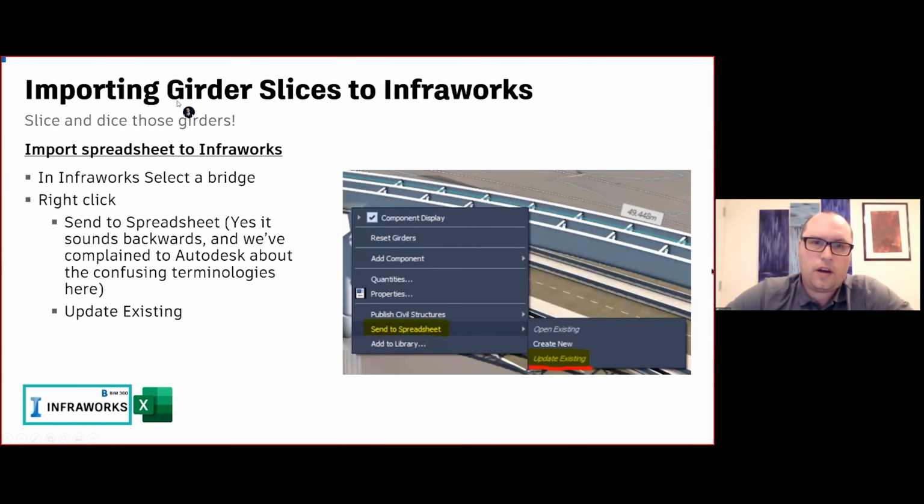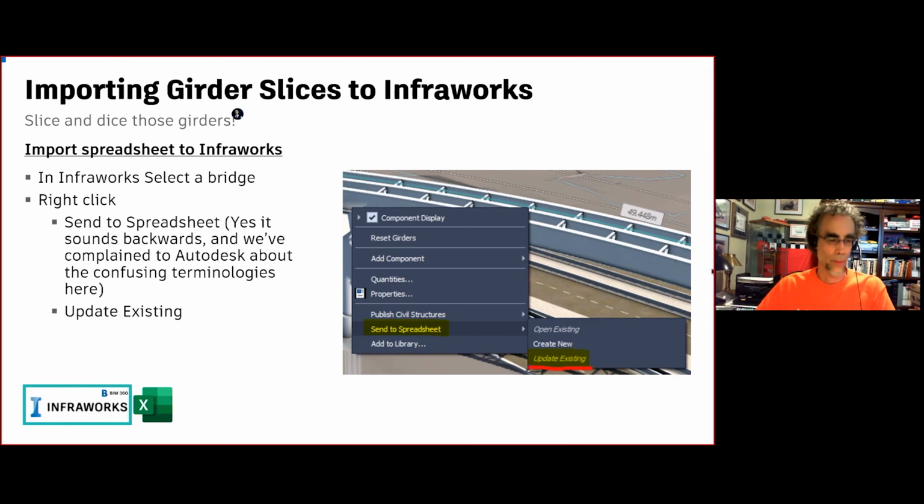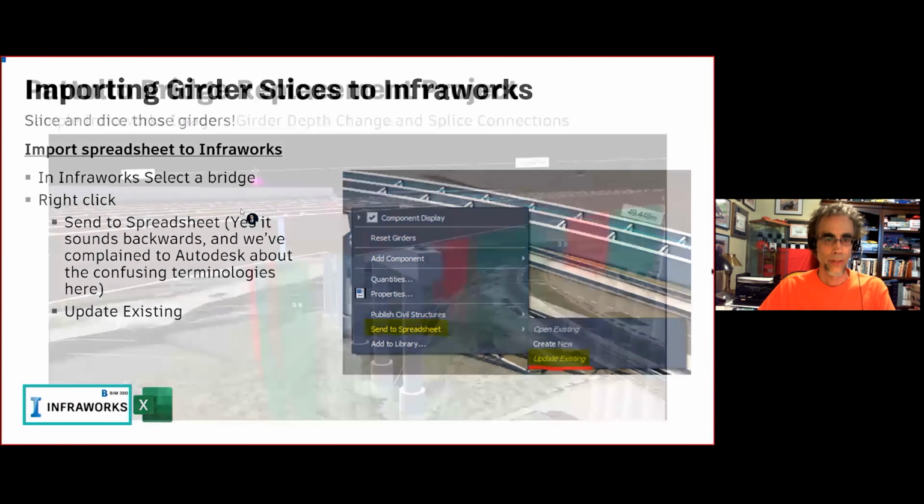Yeah, and we've even found with the spreadsheets that you can have multiple people working on the same bridge as long as they're all just manipulating spreadsheets. You could have people modeling and people working on spreadsheets at the same time at different spreadsheets, and I'll go over that in the video about how to do this.